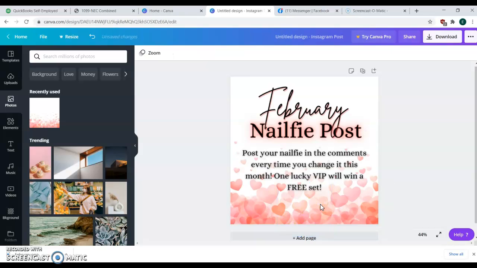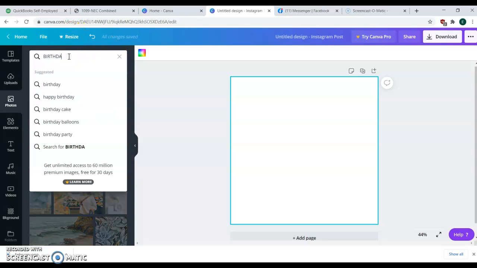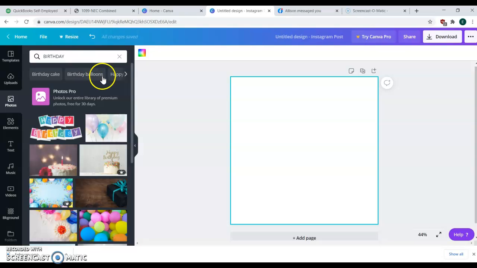Let's see. Let me see what else I can show you guys. If you, we're going to delete this. Okay, so we're starting over. Say I want to do a post for celebrating one of my VIPs whose birthday it is. So I'm going to search birthday. Let's see. Oh, look at these are